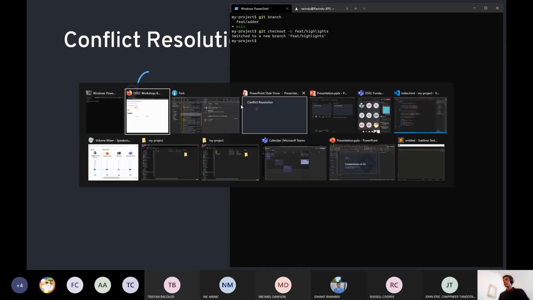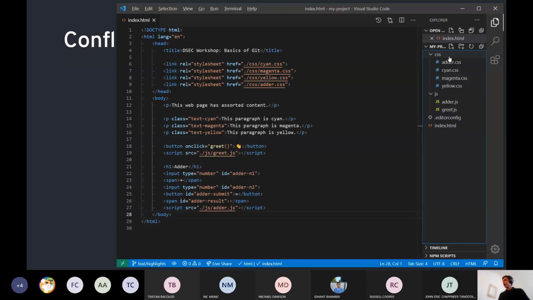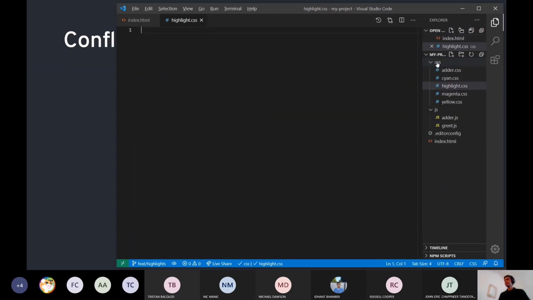And right now I'll just go back to VS Code, add a CSS file called highlight.css, and I'll add a highlight class here. This says the background color is black, something that's visible against cyan, magenta, and yellow, and adds a bit of padding on either side.